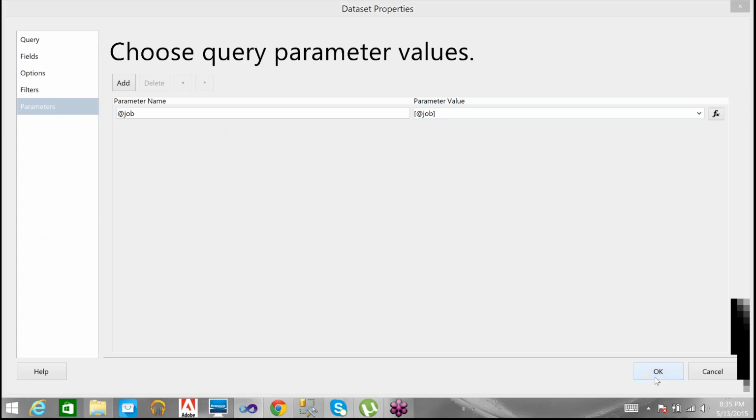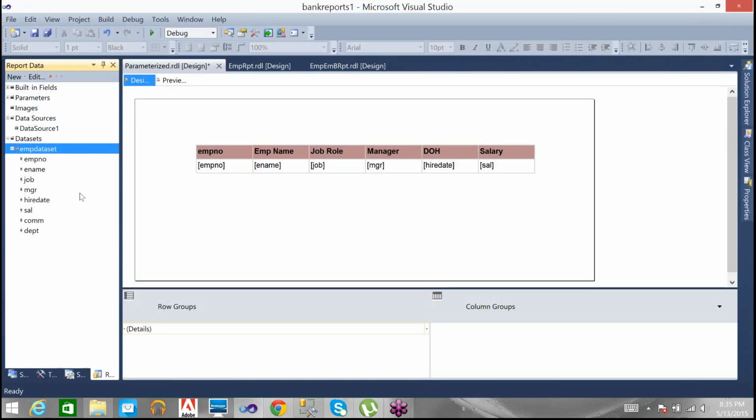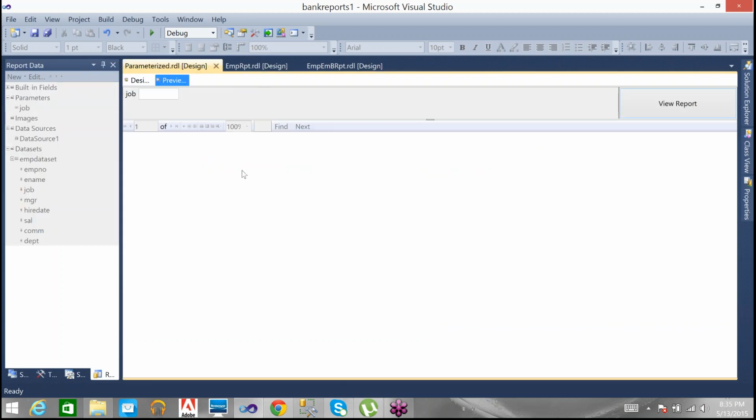Not only did you create the parameter in the data set, that parameter is automatically forwarded to the report parameter. You can see under the parameters, job is created. I simply changed the query with the where clause and used job as a parameter. Then go to the preview.